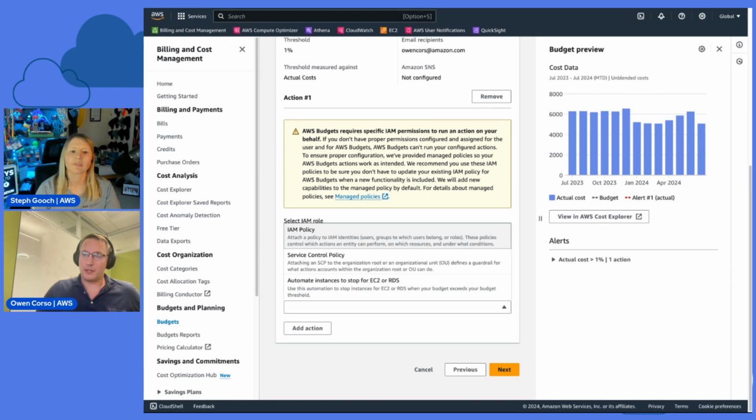The first one is within the account: when the cost and usage exceeds your thresholds, budgets can attach an IAM policy to a user, IAM group, or role. And so that's going from a more permissive posture, where I can do more things, to more restricted, taking away permission. So that's one option that you could use.